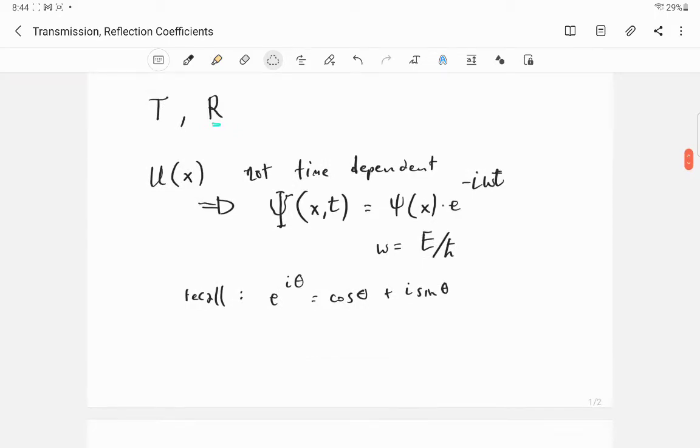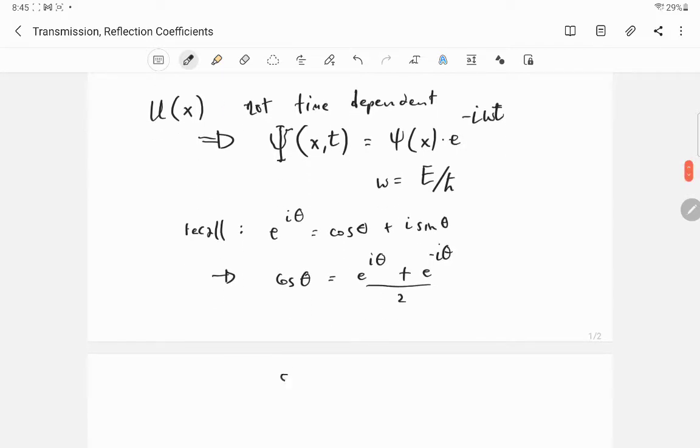Okay, so recall that you have this Euler equation for how to understand an exponential that has an imaginary argument. This can give you things like, for example, cosine of theta is equal to e to the I theta plus e to the minus I theta divided by 2. And also it can get you sine of theta equals e to the I theta minus,